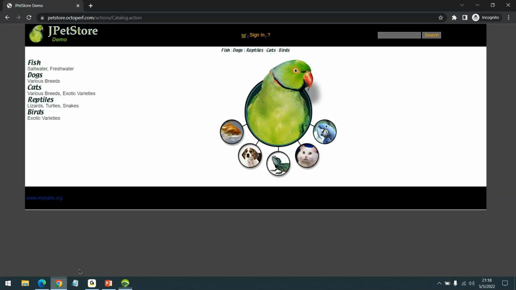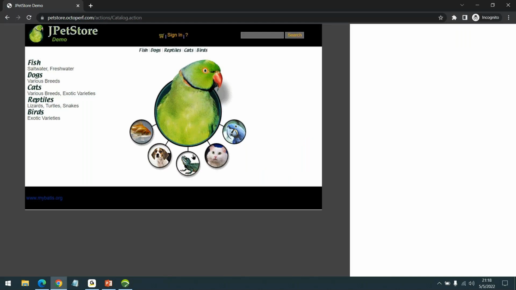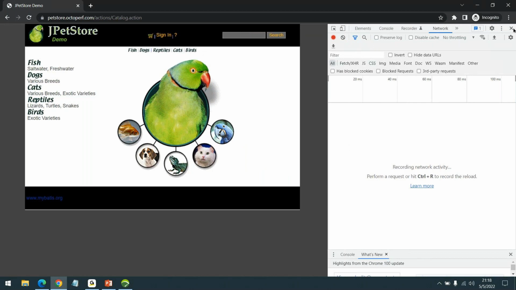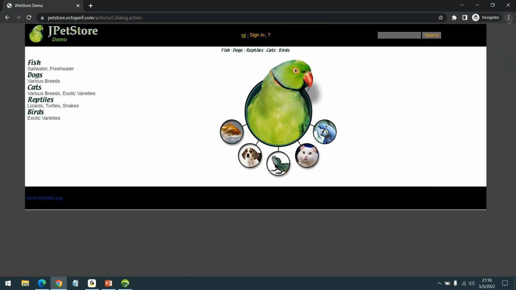Let's look at the Google Chrome developer tool. To launch it there are a few ways.